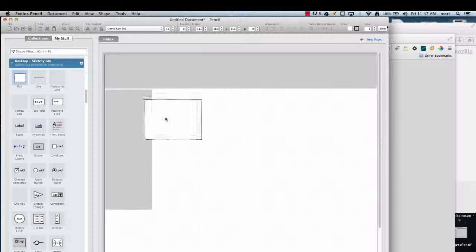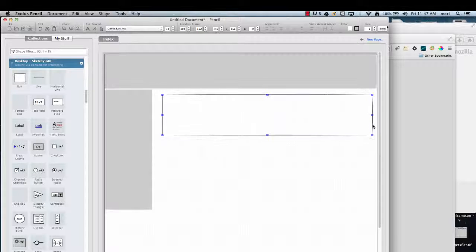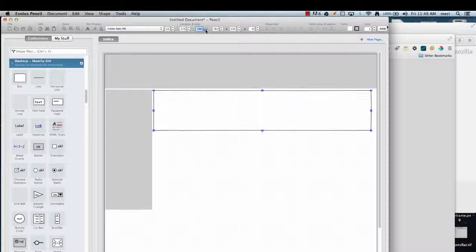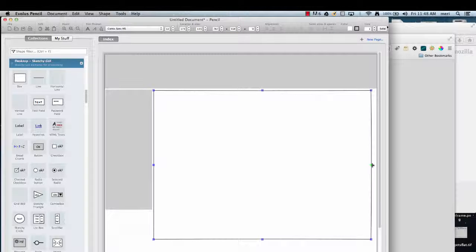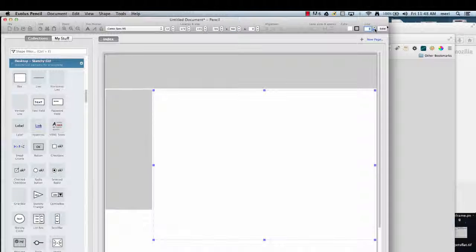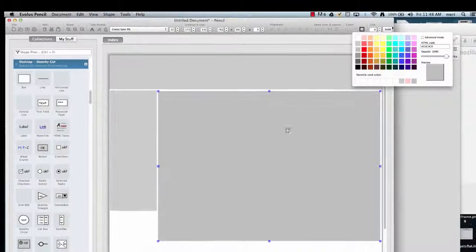Okay, so now I'm going to put in another box, and this is going to be for my main content. And I usually start by dragging it out, and then I can tweak it a little bit to get it positioned where I want. And have it be exactly the size that I want. And I'll usually go back and forth between using the arrows and tweaking it here on the width. And again, I would set the line to 0, set the color to light gray, and if I wanted to,